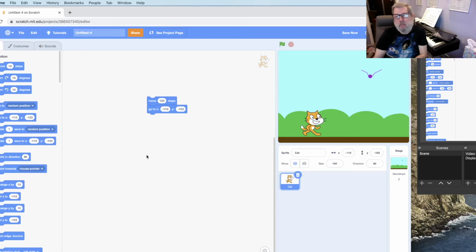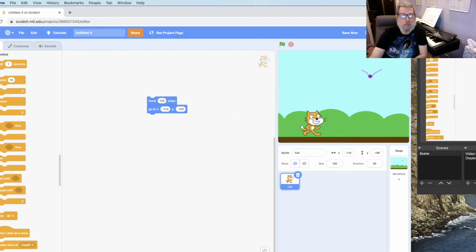Now, why did we not see it move 100 steps? The answer to that is because it all happens so fast we don't see the first one. That's why we sometimes have to add controls. So let's go to control block, and let's add a little wait time in between those two. So now it says move 100 steps, wait, and then it's going to go to that position. So let's just move it out of the position starting up there, let's say. So click on the whole block, it moves 100 steps, waits a second, and then it's going to jump to